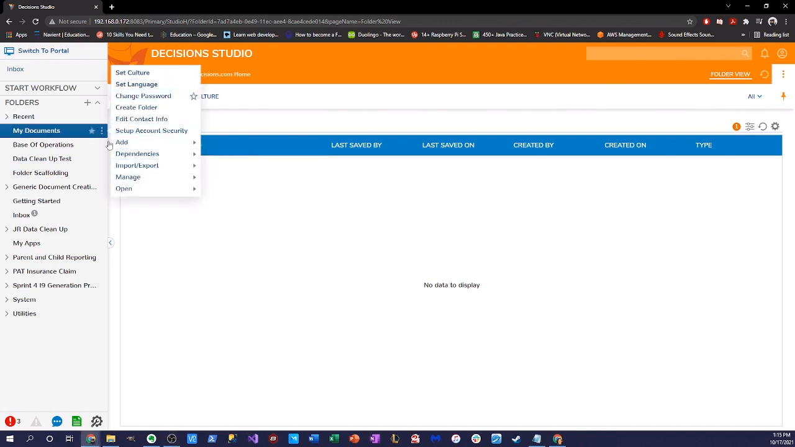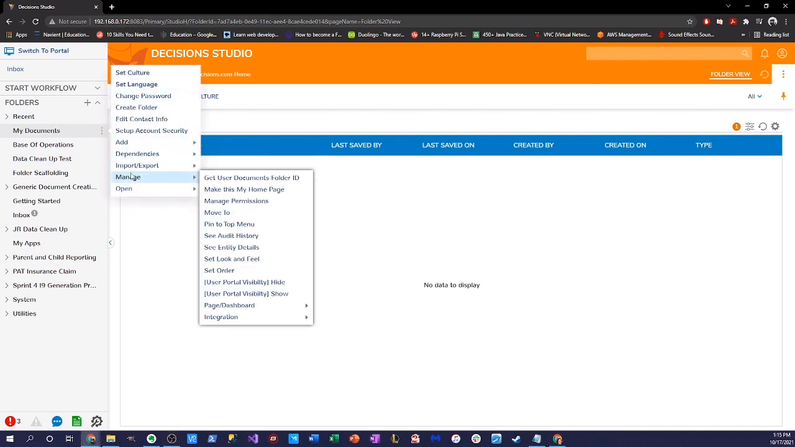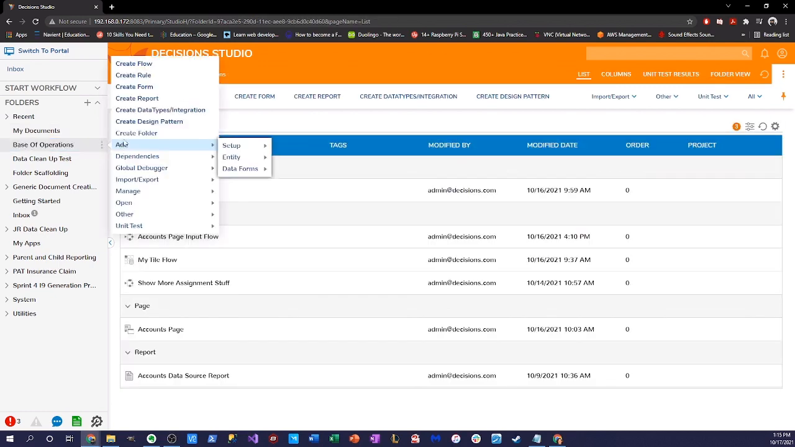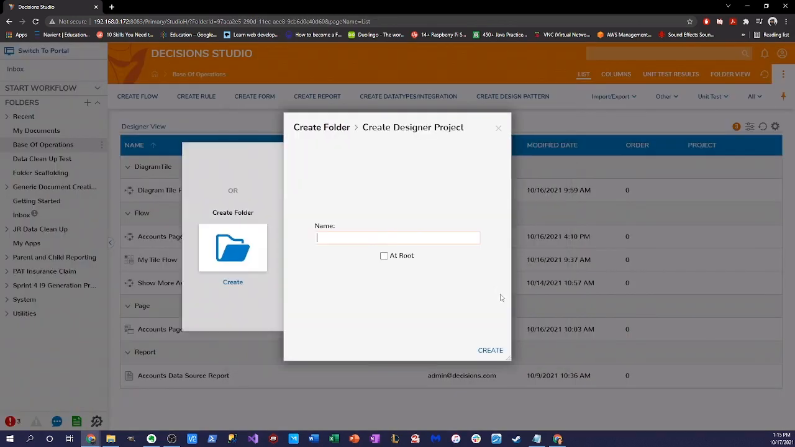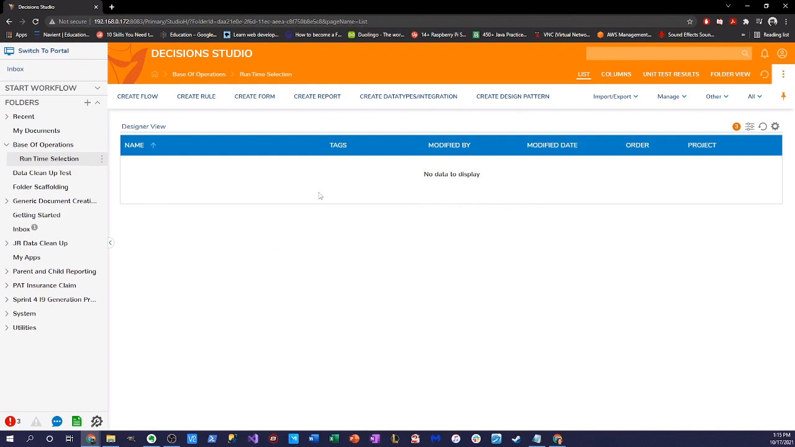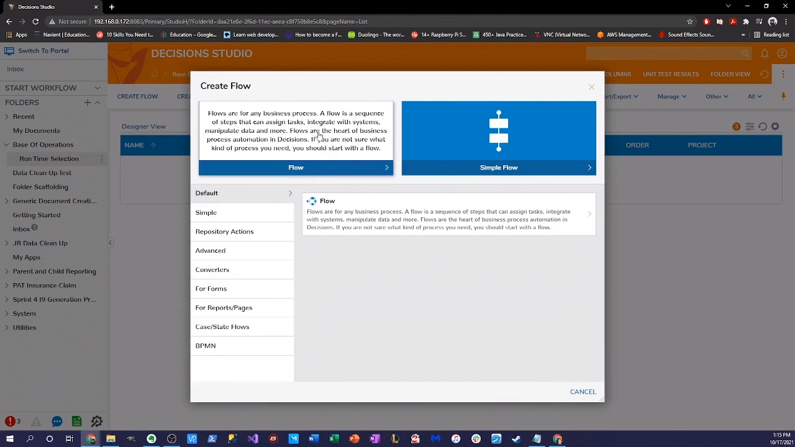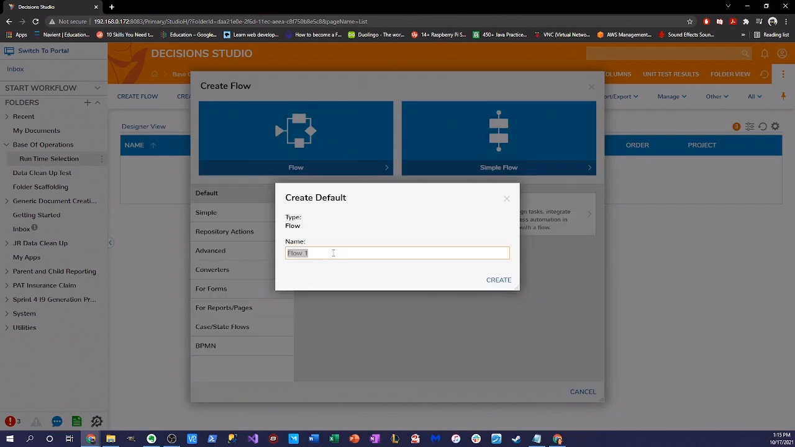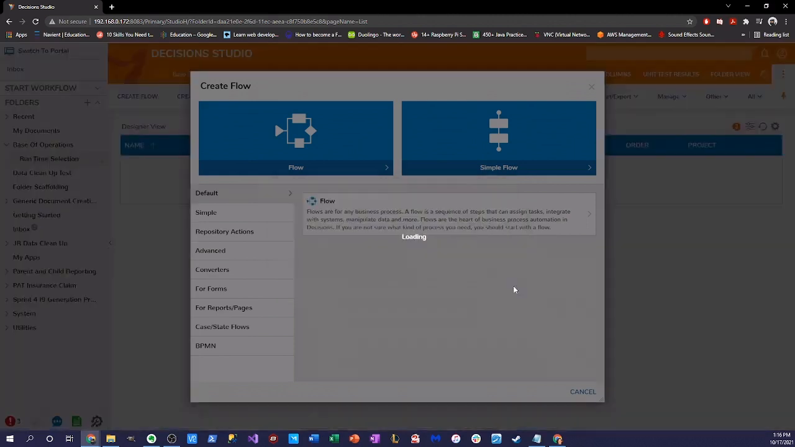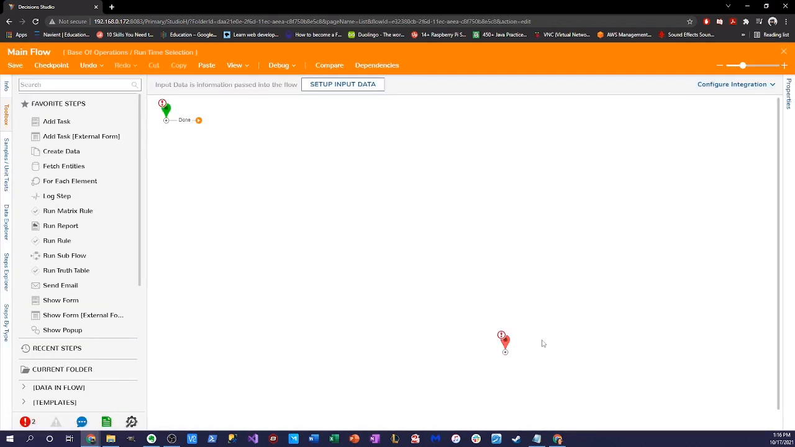So I'm going to create a new folder like I do in all my videos. I'm going to click here, create folder, create a new designer project, and I'm just going to call this Runtime Selection. All right, so in Runtime Selection, I'm just going to create a flow, and I'm going to say this is the main flow. This is going to be the flow that's going to call 3 other flows,